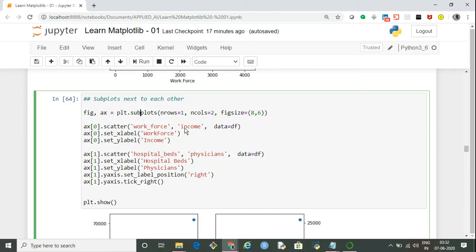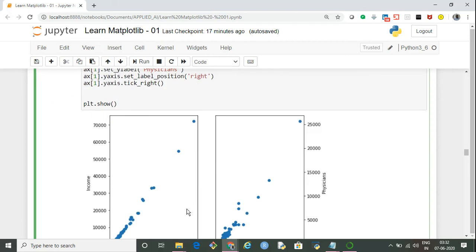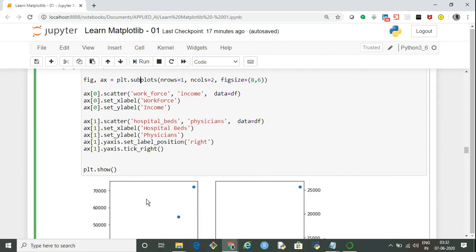Now since we are creating two subplots because we have specified 1 comma 2, there will be two axes. One axis is this one and the other axis is for the other plot. Because there are two, an array is returned, and the individual axis we can access via the array by providing the index number 0 and 1.